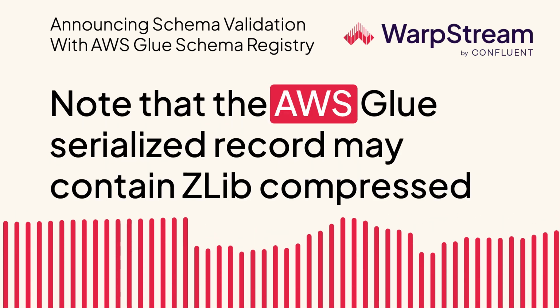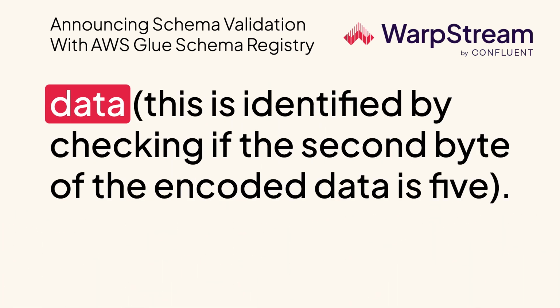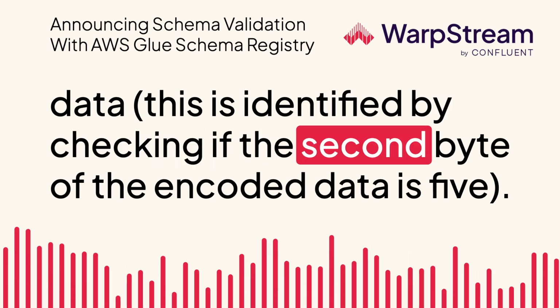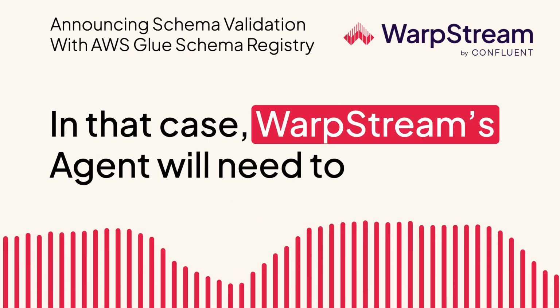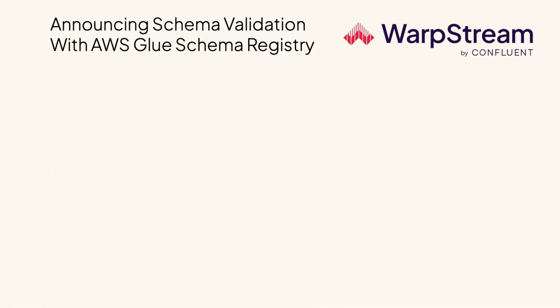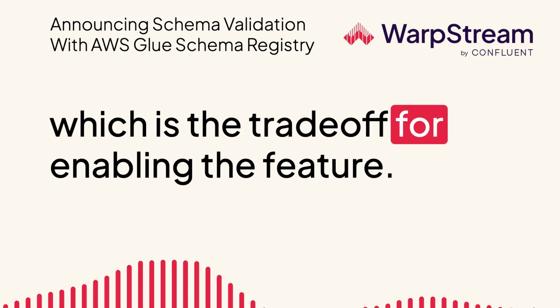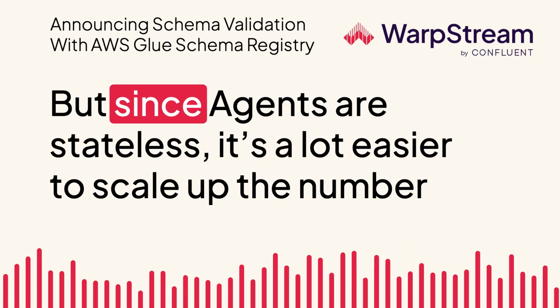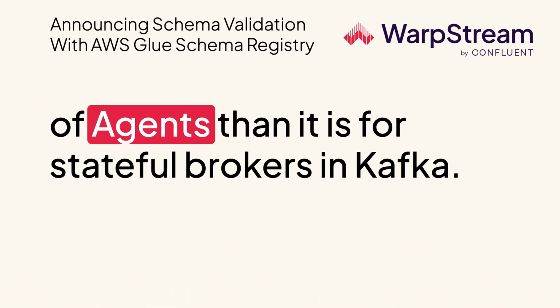Note that the AWS Glue serialized record may contain zlib compressed data. This is identified by checking if the second byte of the encoded data is 5. In that case, WarpStream's agent will need to uncompress the data in order to validate it. This does increase CPU and memory utilization, which is the trade-off for enabling the feature. But since agents are stateless, it's a lot easier to scale up the number of agents than it is for